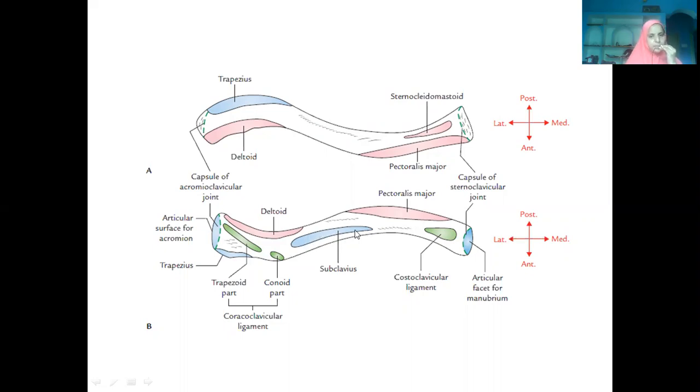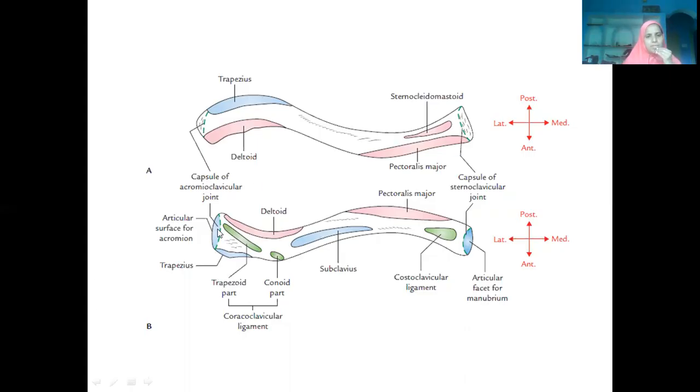Okay, subclavius. Now, deltoid, you have seen its origin anteriorly, no? The same way, antero-inferiorly also you will see the muscle fibers coming. Then trapezius, like posteriorly, like laterally, you are finding the insertion of trapezius. Same thing it is. This is the anterior end, this is the posterior end. When you twist the bone, this becomes the anterior end, this becomes the posterior end of the inferior aspect. So the same muscle is just going downwards like this.